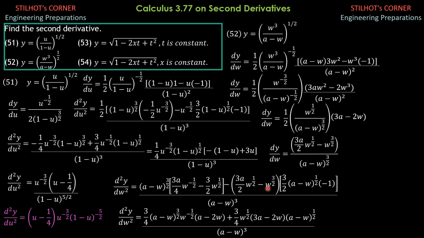So negative of negative is positive times negative, so negative, and we have 2w because we factor out w to the 1/2, then w here, so w to the 3/2, so minus 2w, so that its coefficient is 3/2, negative 3/2. 3/4 times negative 2 is negative 3/2, then all over (a minus w) quantity cubed. Since we run out of space, I'll copy the whole of this on the next slide.